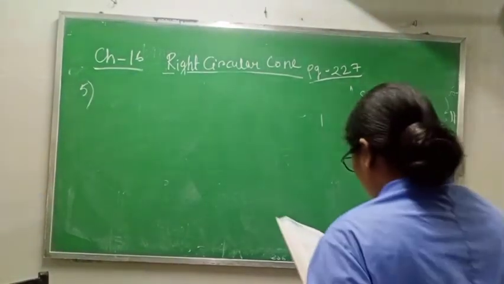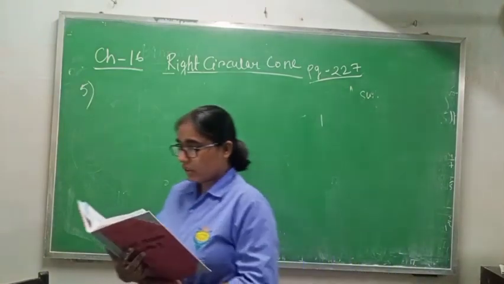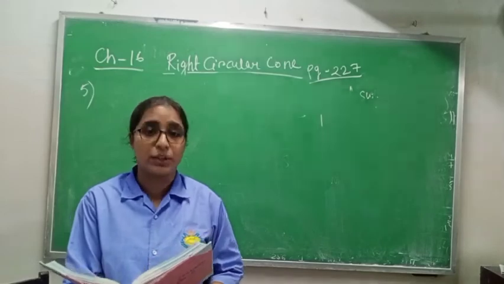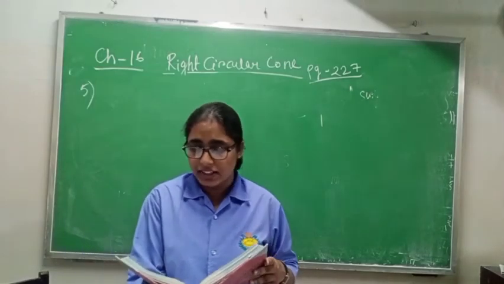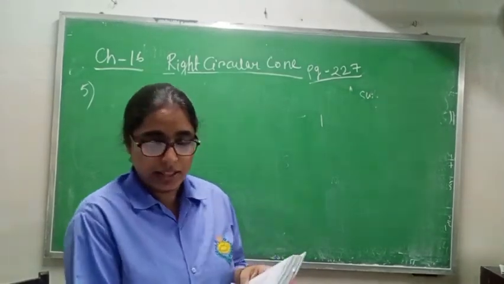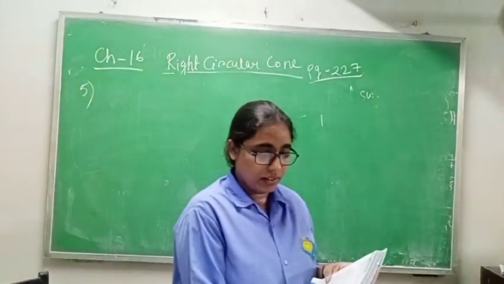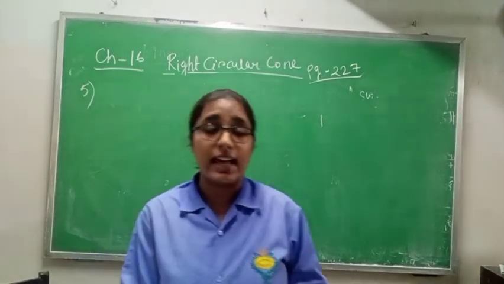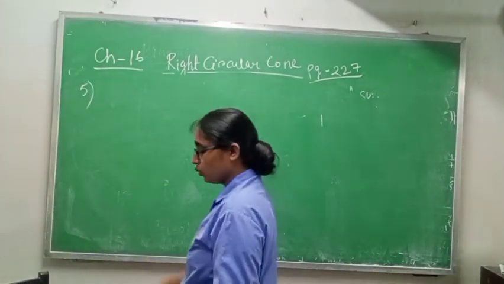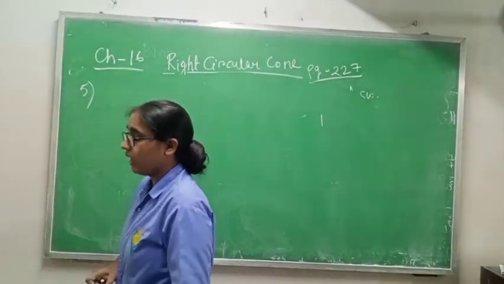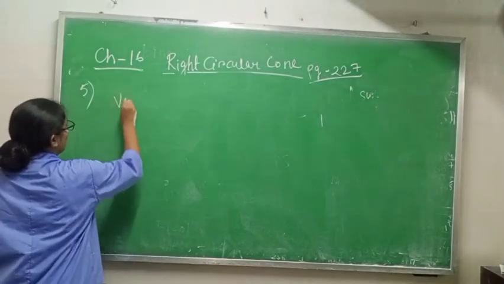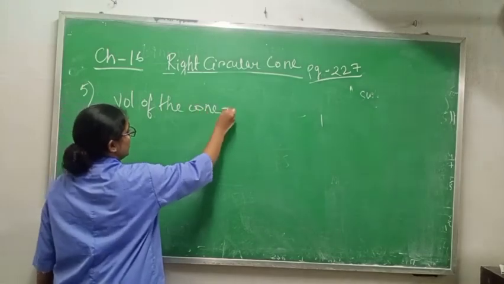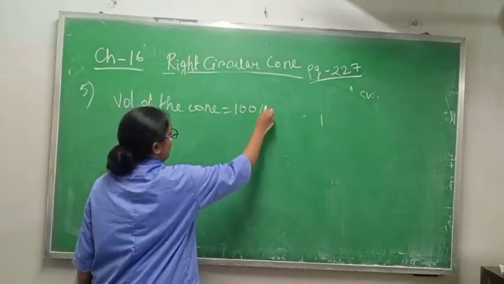Now class 10, see question number 5. It is written, if the volume of a right circular cone is 100 pi centimeter cube and height is 12 centimeter, then calculate the slant height of the cone. Okay, so we have to find slant height and two things are given to you, volume of the cone and height. So volume of the cone, it is given how much? 100 pi